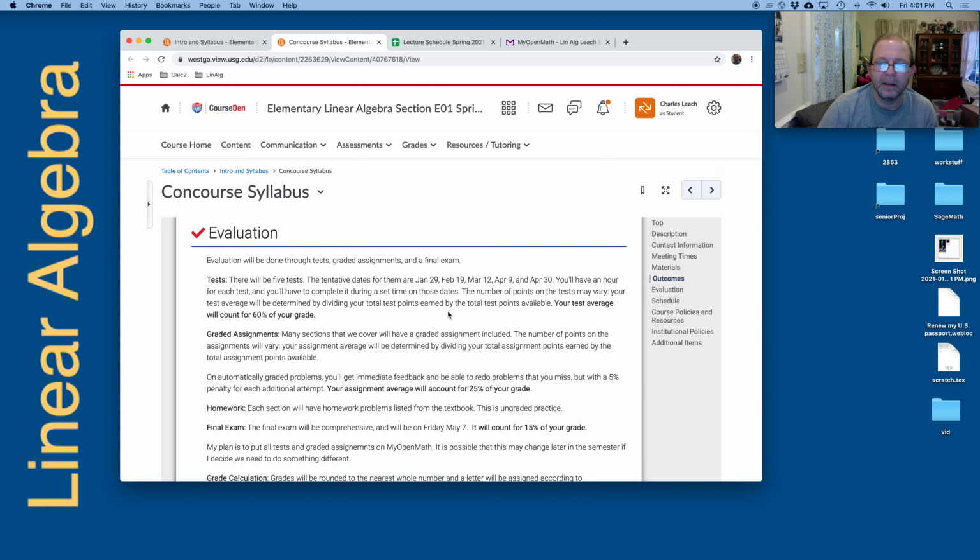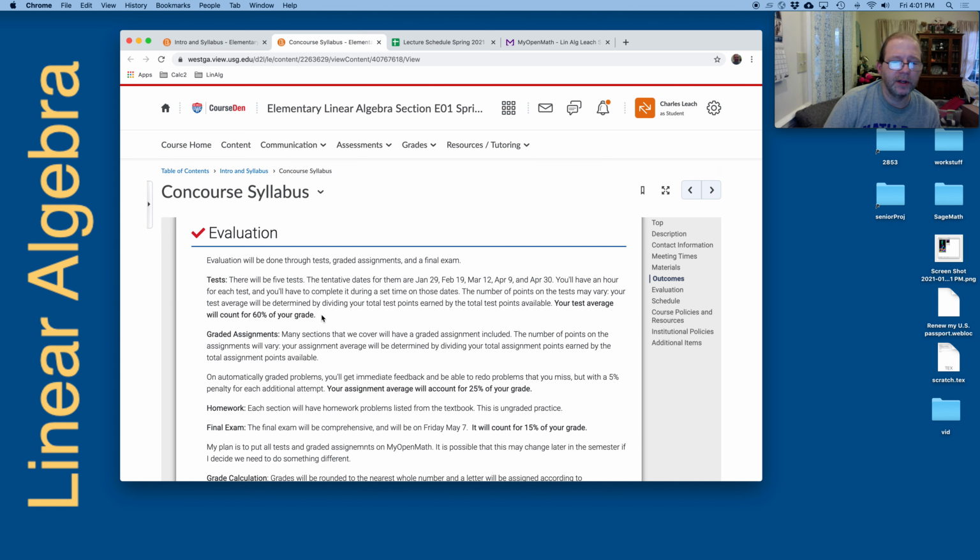The number of points on the test will vary, and your test average will be determined by dividing your total test points earned by the total test points available. So I'll add up all the points you get on the tests, divide by the number that are available, multiply by 100, and that's your test average. And that's 60% of your grade.